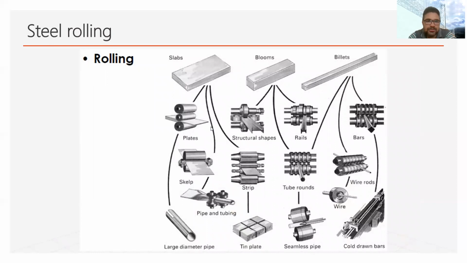So now in this case, you can see the different semi-finished products are converted into finished products. There you can see this slab is a semi-finished product, as are blooms and billets, and now they are being converted using the roller into different sections. Like using the slab, you can convert it into a pipe. This bloom can be converted into I sections, or this billet can be converted into further sections.